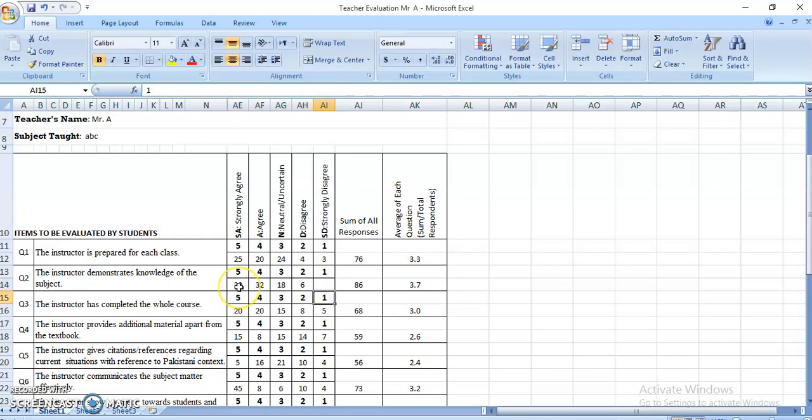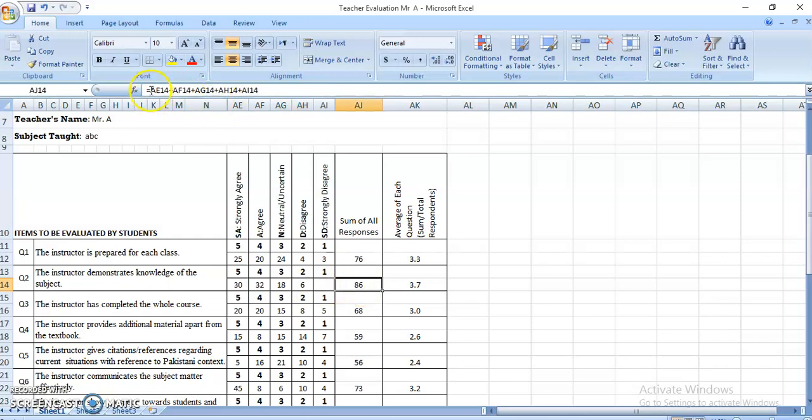Actually, you can print it out, calculate all the responses, and insert these responses here. When you put these values into these columns and click on the enter button, this is automatically added up.